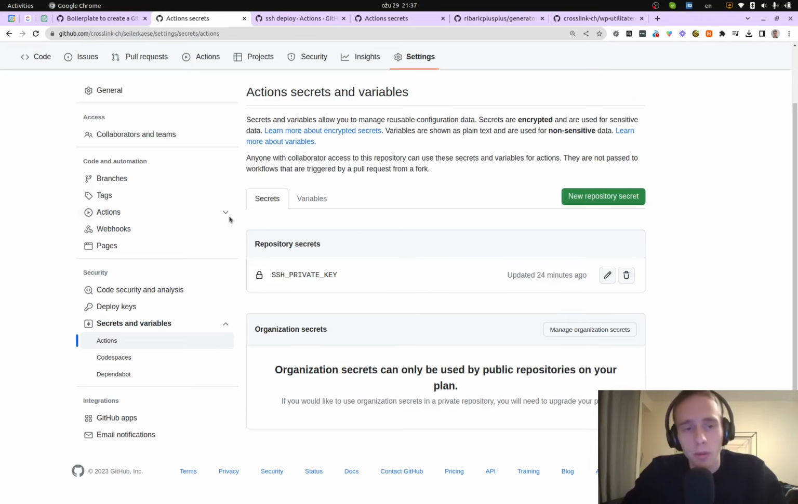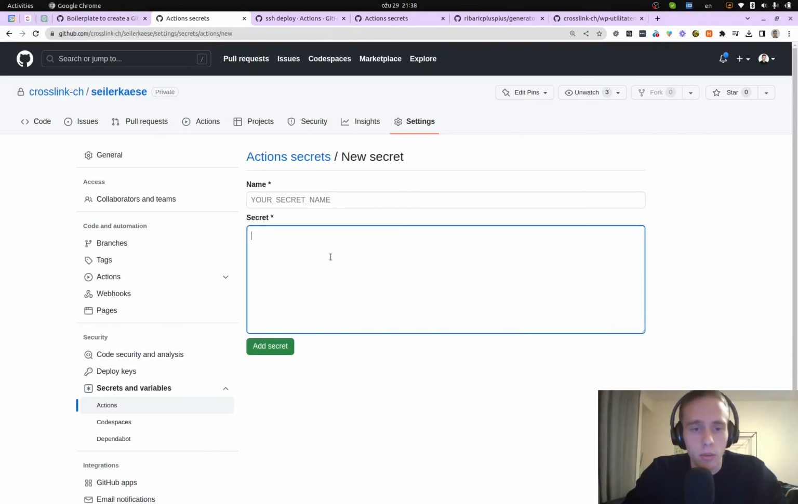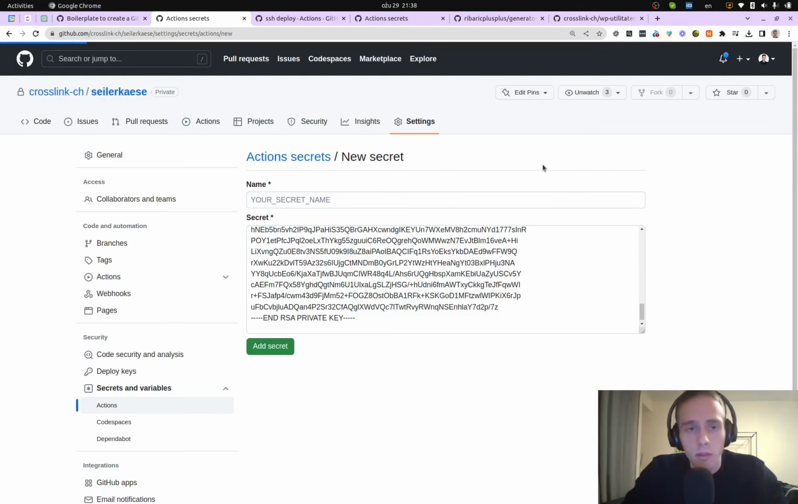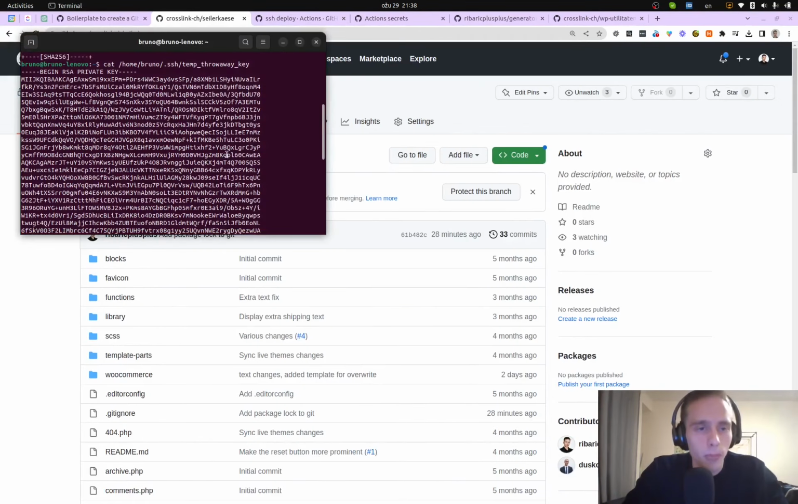So what you would do is take this key that you created over here, paste it into over here and just call it SSH private key. But I have already done that. And once you have done that, the next thing you would do is